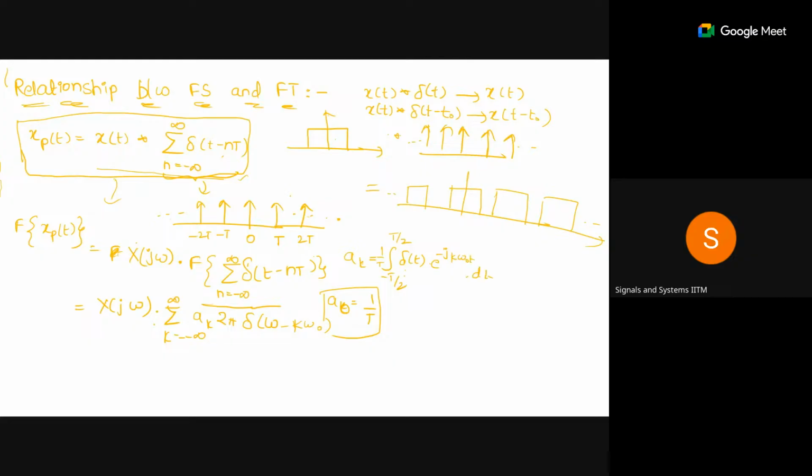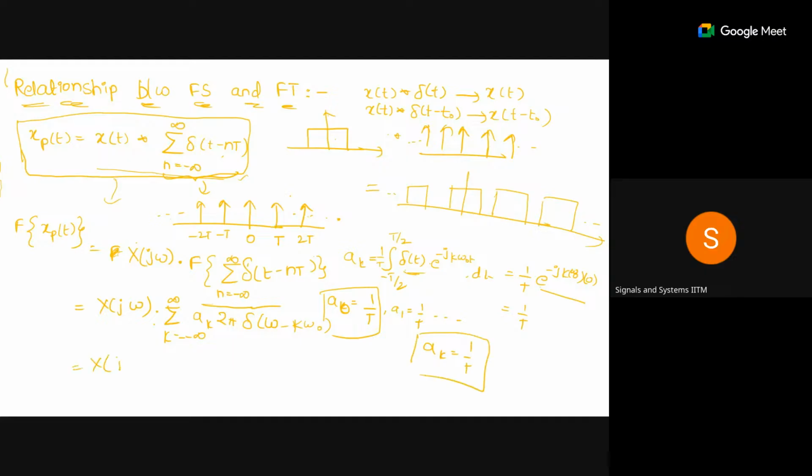So delta of t will be 1 only at 0, so we'll be writing it as e power minus jk omega naught into 0. e power 0 will be 1. So it will be 1 by T. So here a k, a 1, everything will be 1 by T. So ak is equal to 1 by T,